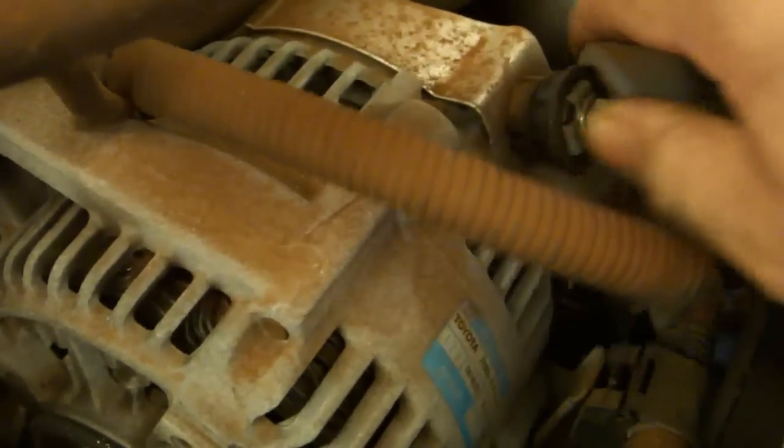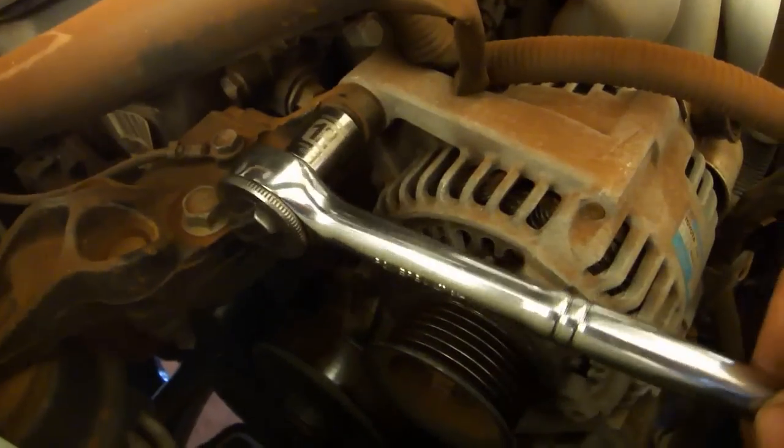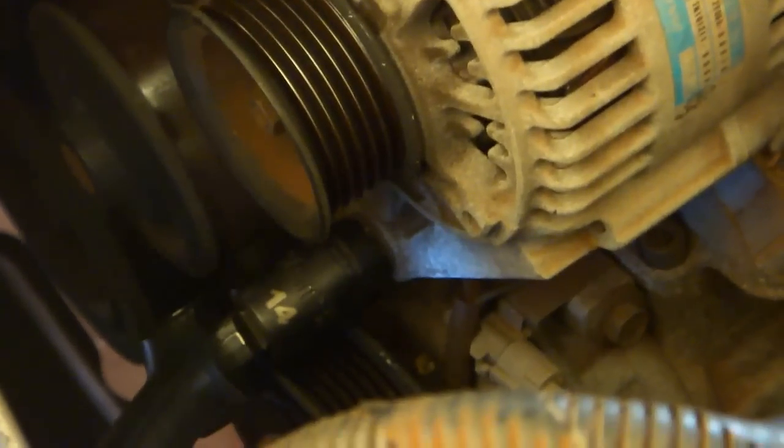To remove the generator, we're going to pry this little tab here that way and lift up. This boot comes off. 10mm socket. Put the nut back on for safekeeping. Remove a 12mm bolt, a 14mm bolt. Tilt the alternator toward the front of the car so that you can get a pick